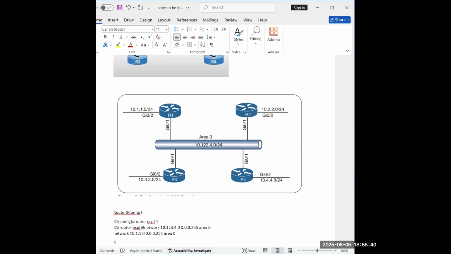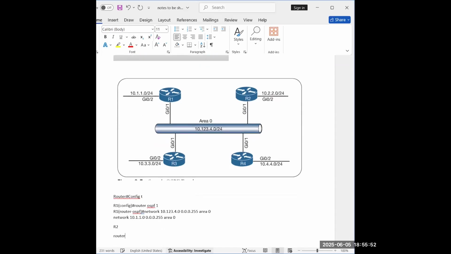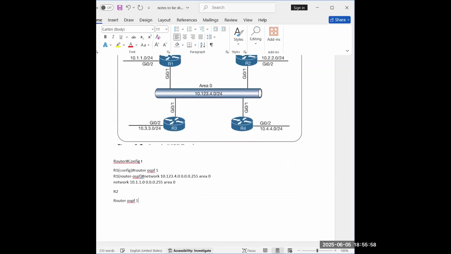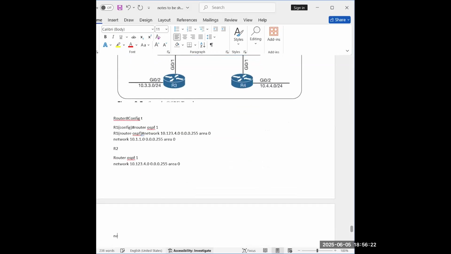For R2, we are going to do a similar configuration, but the network statement will be different. Router OSPF 1, same process. Network 10.123.4.0 0.0.0.255 area 0. Next, network